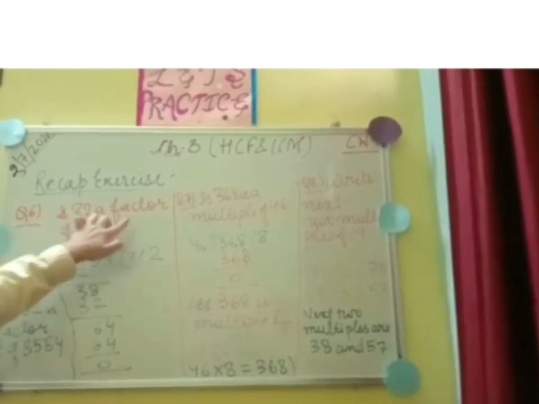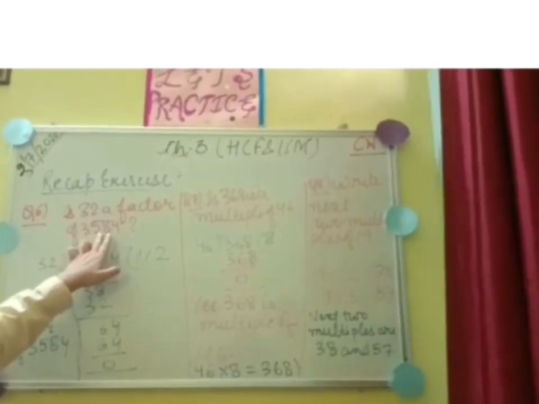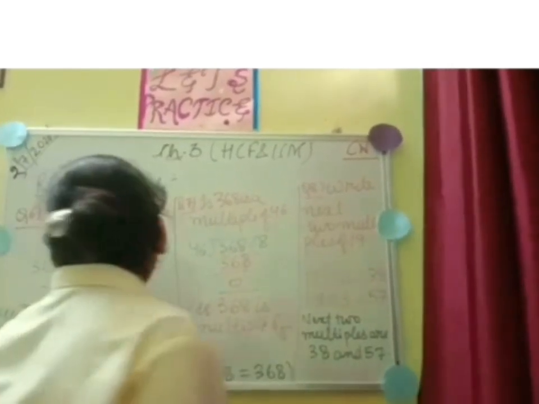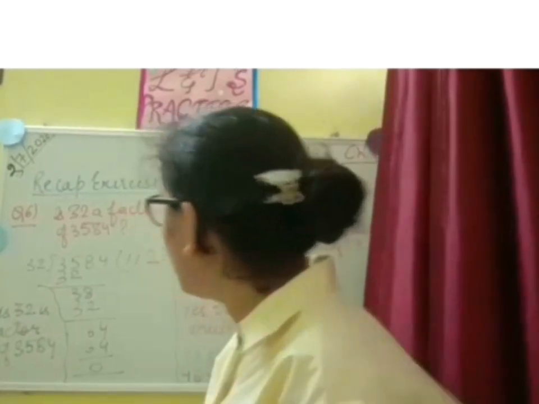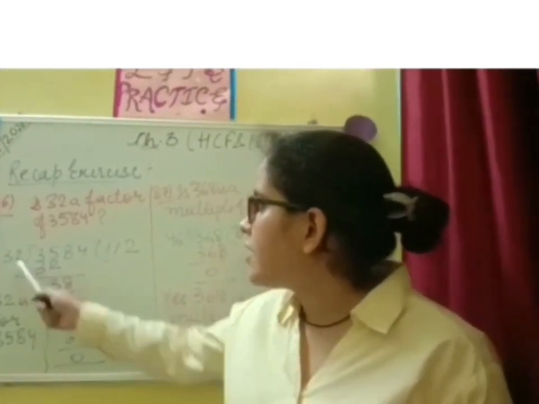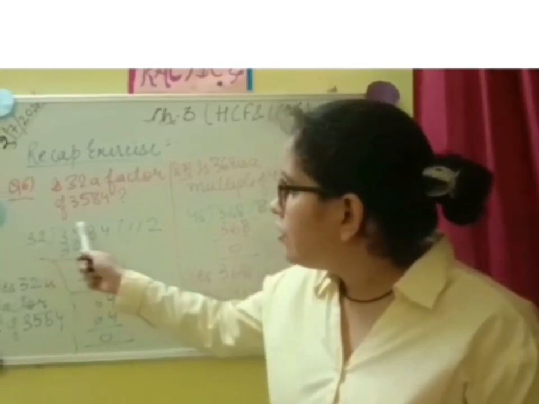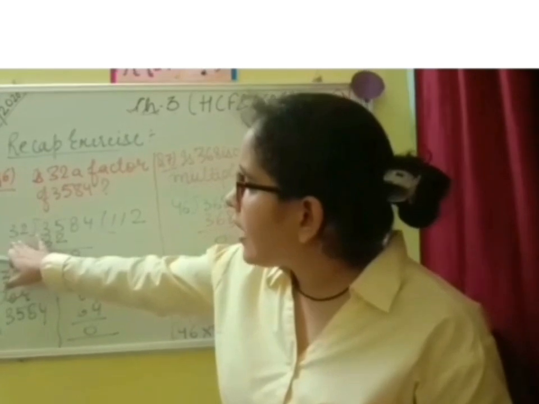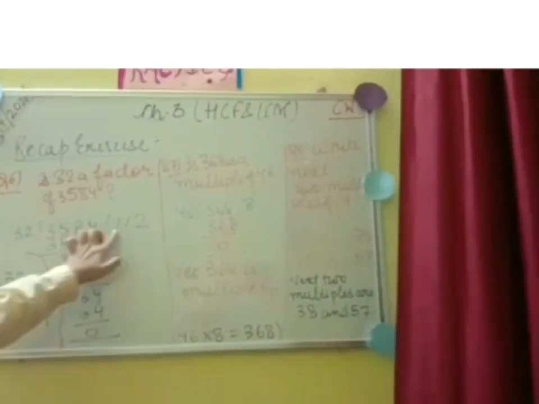Is 32 a factor of 3584? क्या 32 3584 का फैक्टर है? तो हमने क्या करना है चेक करने के लिए, सिंपल हमारे डेफिनेशन के अकॉर्डिंग कि अगर हमारे पास गिवन नंबर है और हम उसे किसी और नंबर से डिवाइड करके देखते हैं और रिमाइंडर हमारा 0 आ जाए, तो जो होगा 32, यानी कि जो नंबर हमने लिया है वो हमारे गिवन नंबर का फैक्टर बन जाएगा. तो हमने देखा 32 1 से 32.